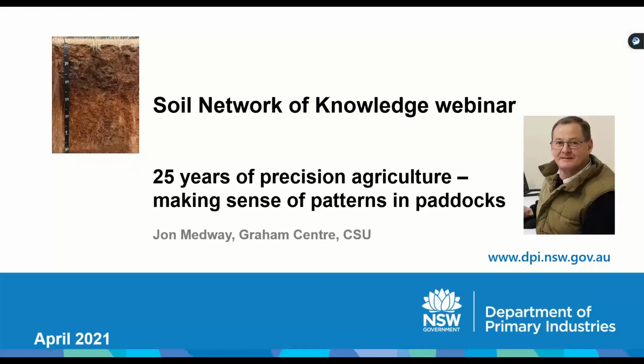Then in 2000, he established a spatial data consultancy, and over its 21 years of operation, John's worked on over 2,500 projects across Australia and internationally, providing services to family and corporate farms, industry, research organisations, and government agencies. Right now, he's working with the Graham Centre on the Charles Sturt Digital Twin Farm and the Cool Soil Initiative projects. So he's very well placed to present the webinar today, as you can see.